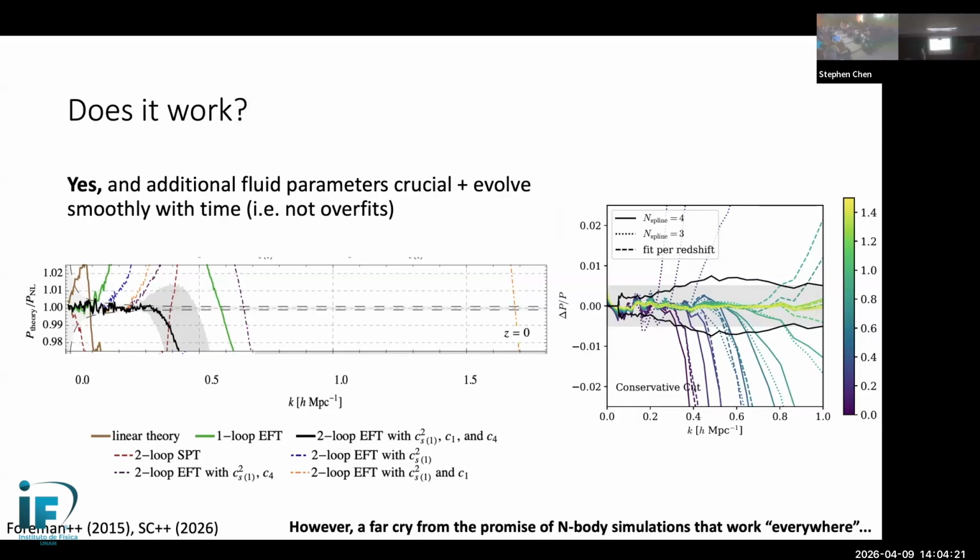The rough scaling is in powers of k over k_NL. You can always do a conservative analysis by cutting out k_NL, or subtracting k_NL, which is actually what I've done here, and that doesn't lose you very much constraining power. So that may even be, in principle, the intellectually most rigorous way to go. But practically speaking, we always do this. One way you can see that the k over k_NL counting is not exact is that the two-loop prediction works roughly to two times k. Of course, with each loop you have a factor of 4 pi or whatever present, but it's a somewhat inexact science exactly to which point the theory can work.